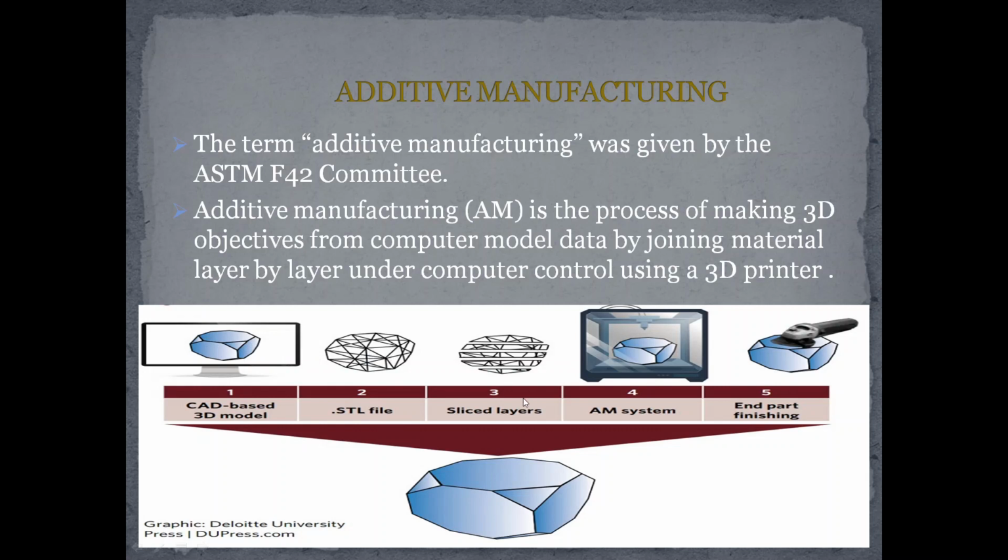My third step is slicing into layers. We have to cut the whole object into small slices like that. You can see here, this is a small slice and its thickness is around 16 micrometers. Now my fourth step is the additive manufacturing system. You can see here this is the additive manufacturing system and this is our object to be printed. You can say this is the 3D printer, and this is our final part which we want. So guys, these are all 5 steps of additive manufacturing.